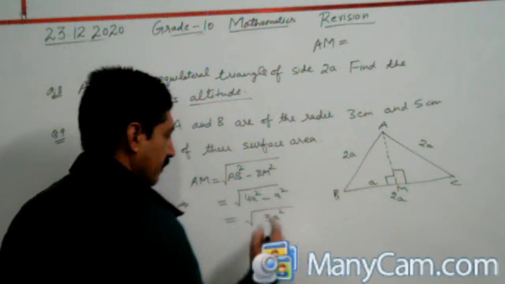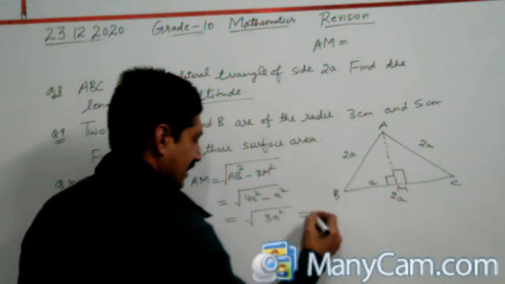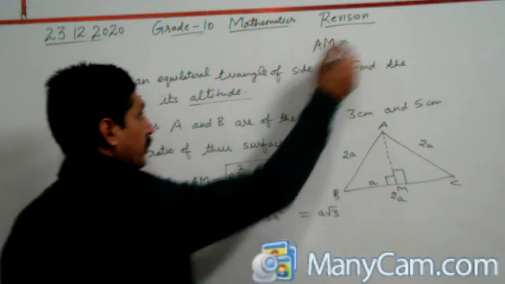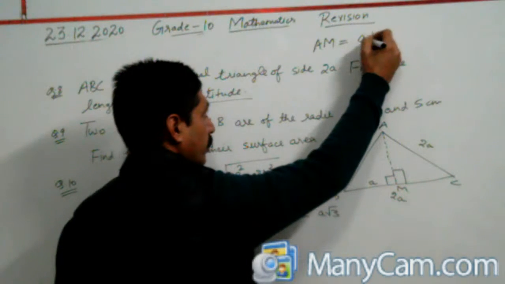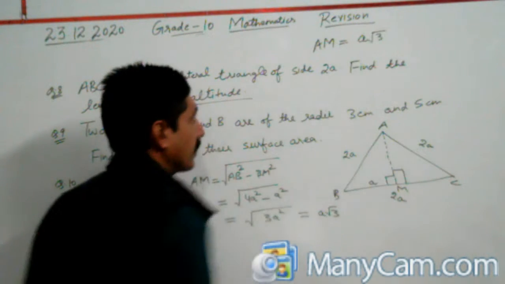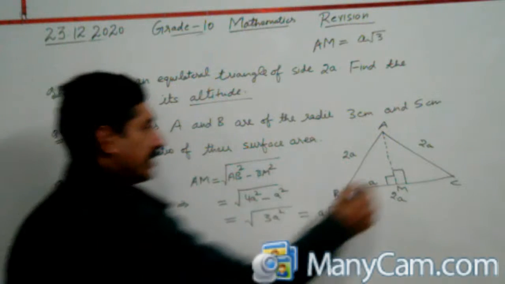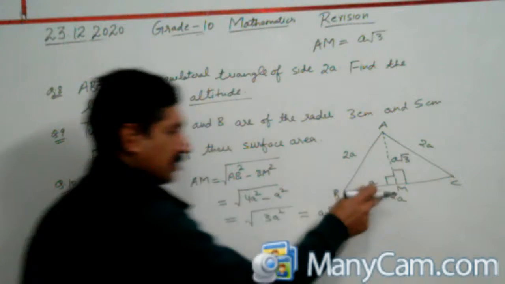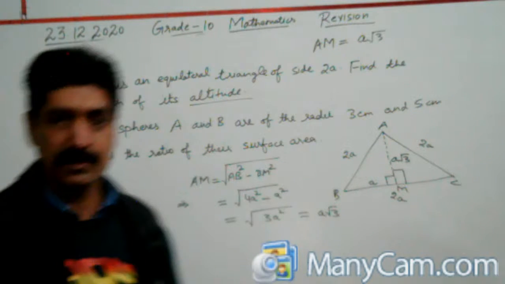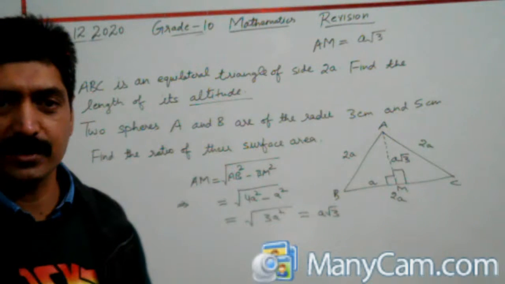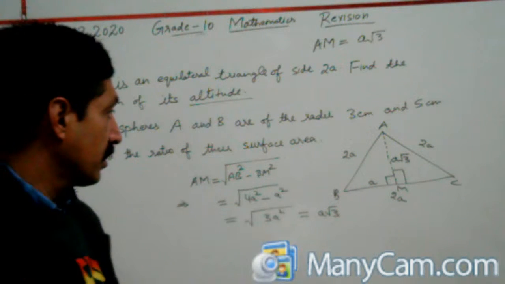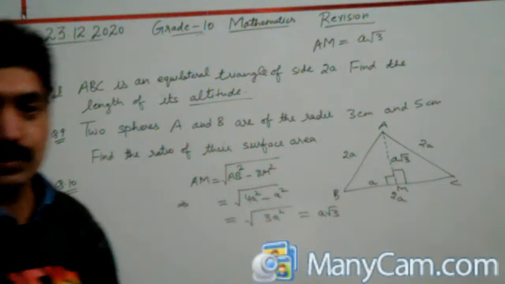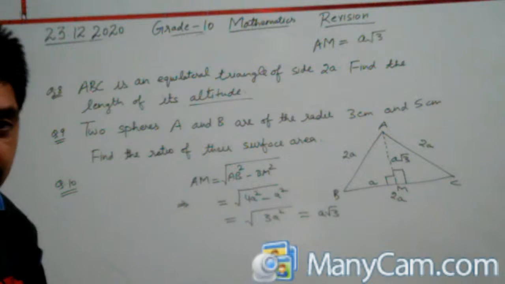So we have the altitude, this is a under root 3. What is the altitude? That is a under root 3, right? This altitude here is a under root 3. In so many questions this is used. So the altitude here is a under root 3, right? So next one,